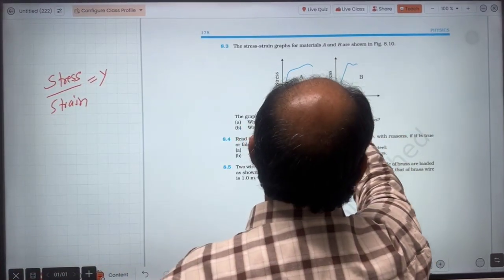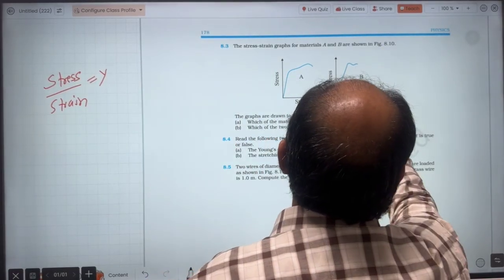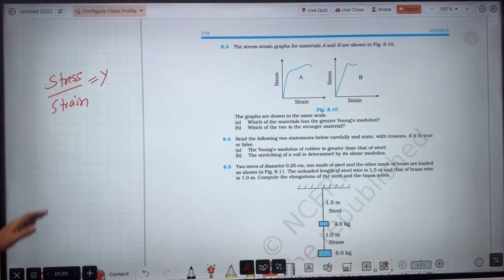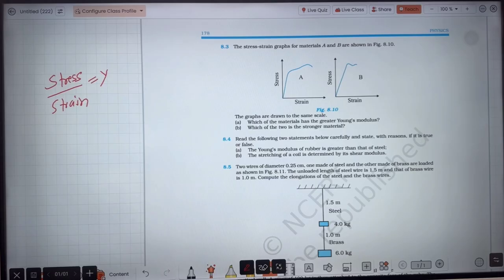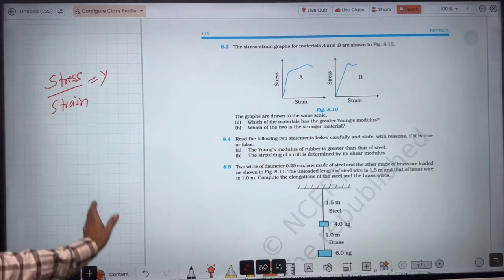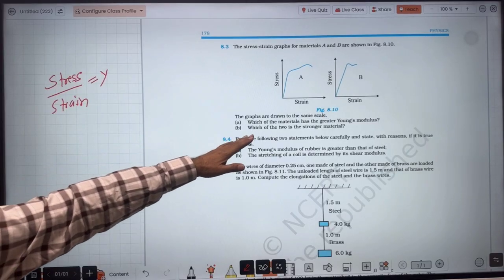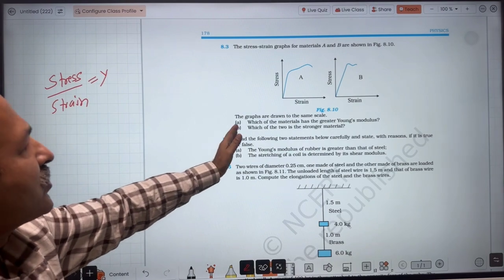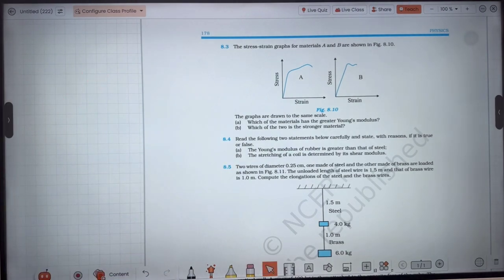So although scale is not given, you can guess in which case the stress and strain graph is more slopy. That is, in this case, you can say that B will have more slope and hence it will have greater Young's modulus. And as far as the strength is concerned, that will be material A. Now, next question is,